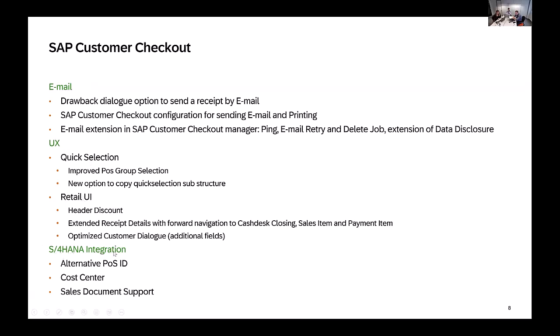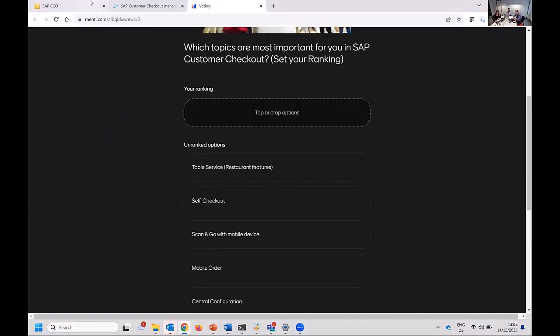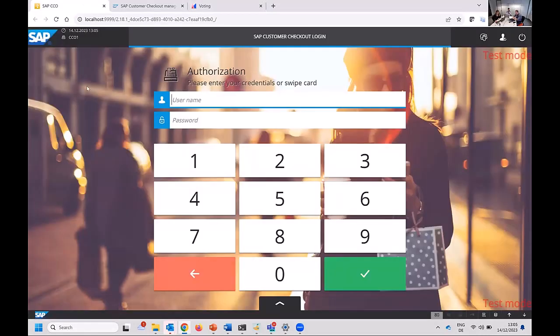Last but not least, a few words about improvements in the S/4 integration for the experts with S/4. As always, I will not show PowerPoint. We will show real software. I hope you can see my screen now with Customer Checkout. And the first topic